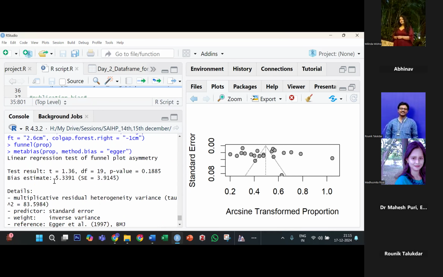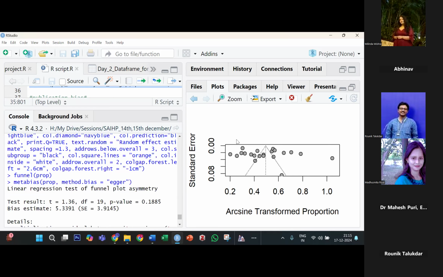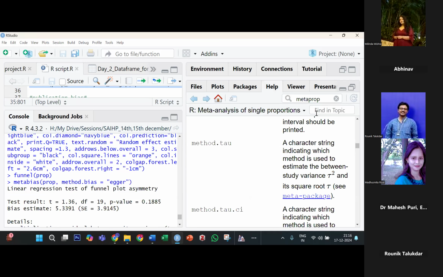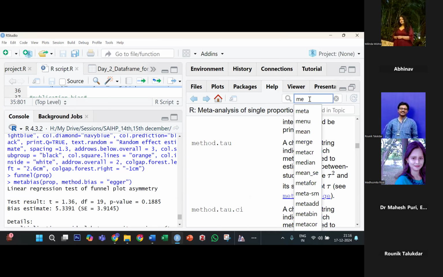देखो यहाँ पे हमारे लिए इम्पोर्टेंट है, दैट इज द एगर्स पी वैल्यू। तो यहाँ पे एगर्स पी वैल्यू है 0.1855। तो एगर्स तो बोल रहा है इसमें पब्लिकेशन बायस नहीं है। सो दिस इज वन प्रॉब्लम विद प्रोपोर्शनल मेटा एनालिसिस। जो कल दिखाया था, जो बिग्स मजुमदार टेस्ट है, उसमें कुछ दिखा रहा था कि इसमें पब्लिकेशन बायस है। तो चलो बिग्स मजुमदार करके देखते हैं। बट बिग्स के लिए क्या लिखना है वो मैं भूल गया, शायद बिग्स ही लिखना होगा, लेट्स फाइंड आउट। तो सिंपल तुम क्या करोगे, यहाँ पे हेल्प में जाओगे, जस्ट राइट मेटा बायस।